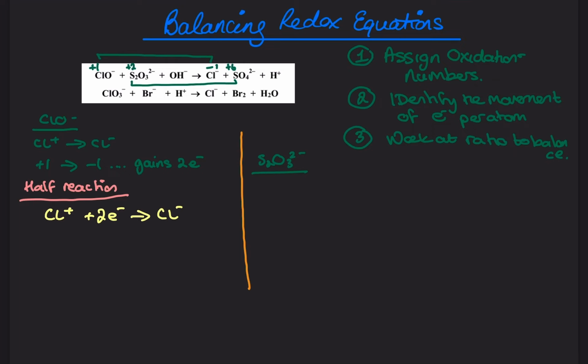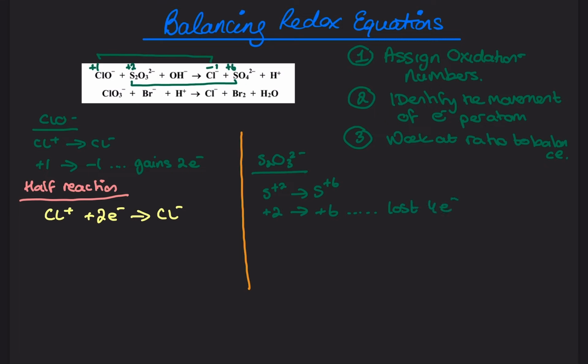Now that S2O3 2-, it's going from oxidation number... oh, sorry. We can say it's going to go from S +2 to an S +6. Okay, so it's going from +2 to +6. So it's becoming more positive. So it's lost 4